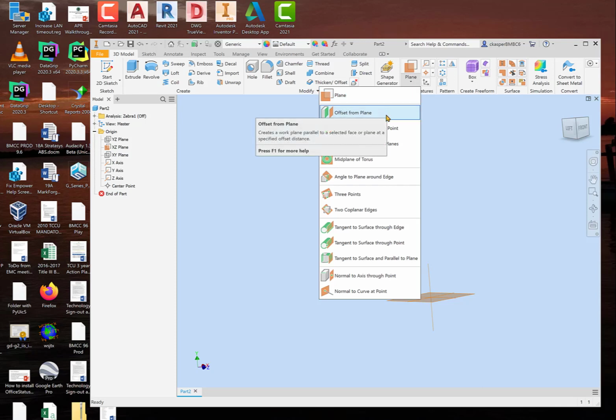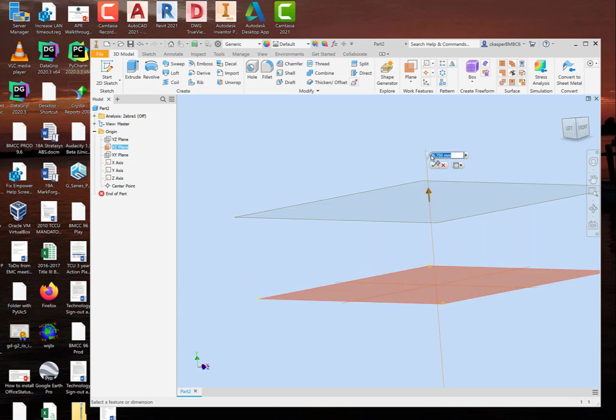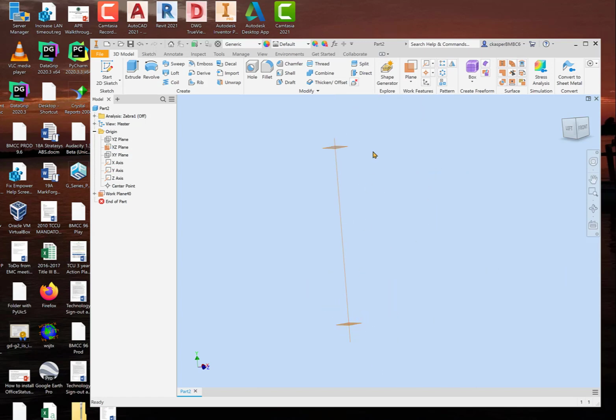We will start with offset from plane. What that means is, when I click on it, I'm going to zoom in a little bit. I can choose a plane, like this one right here, and click on it. Now I can put another plane in offset from the one I clicked on. I can just use this arrow and push it up, or I can give it a certain measurement, say 200 millimeters, which is way up there, and I'll green check it, and I'm going to zoom back out,